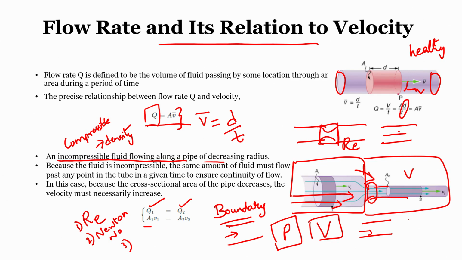We know that Q is equal to the area times the average velocity. So, here you can equate A1 V1 equal to A2 V2. A2 here is the reduced area, and the velocity is V2. So, not just one channel, multiple channels could be there, and each of them could have a reduced cross section area, and then there would be a change in velocity. All of that can be equated using this principle.